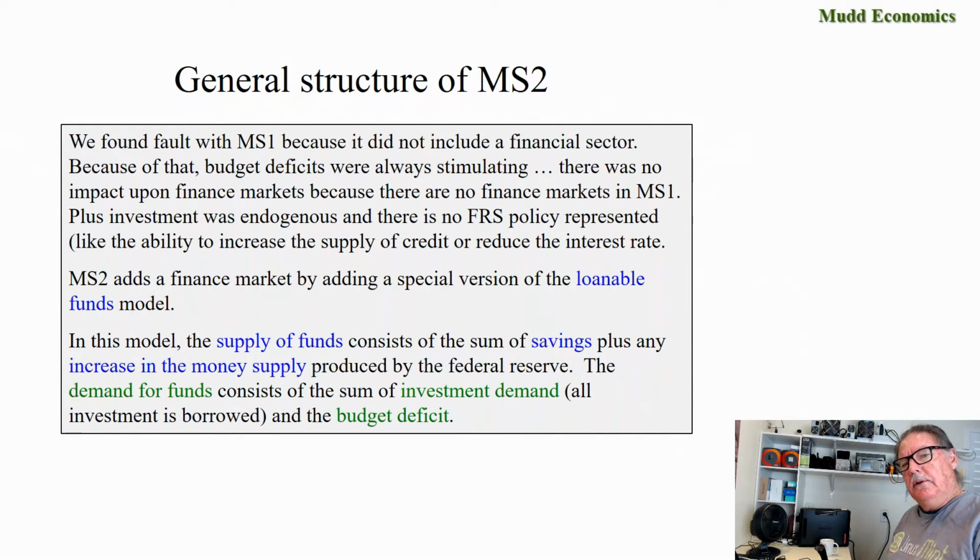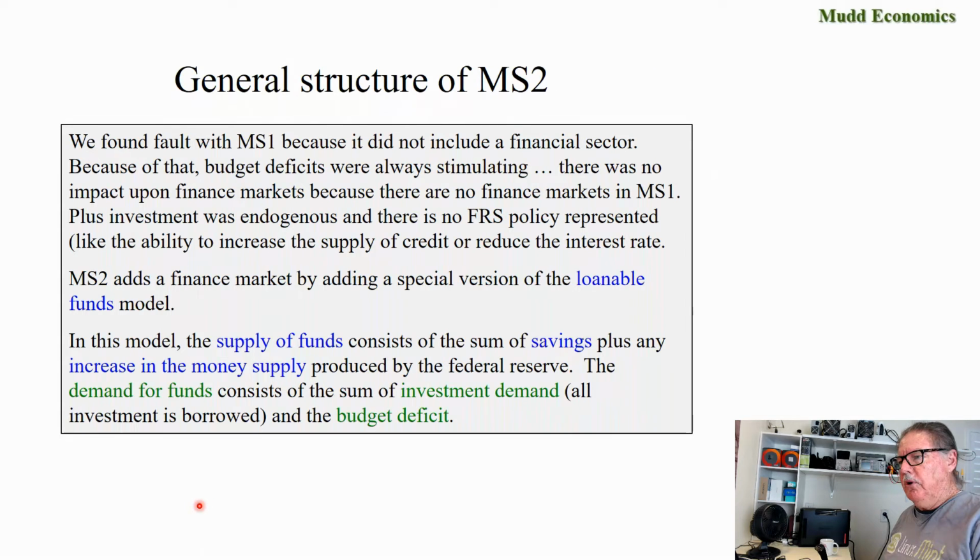So to remind us of where we've been, we found fault with MacroSim 1 because it did not include a financial sector. And because of that, budget deficits were always stimulating. They always increased GDP. There's no impact upon the finance markets because there are no finance markets in MacroSim 1. Investment was endogenous, and there's no Federal Reserve policy represented, like the ability to increase the supply of credit or reduce the interest rate. So MacroSim 2 adds a finance market by adding a special version of the loanable funds